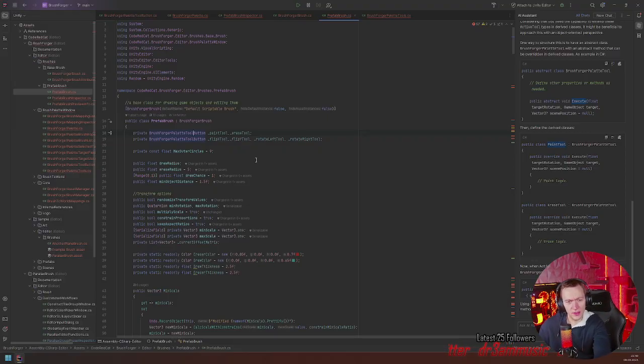So I think it comes down to the following problem. I go in here and have this execute function.